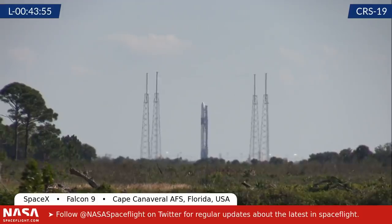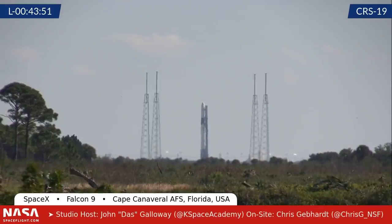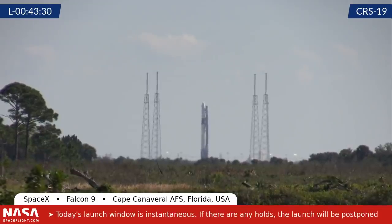The Vehicle Assembly Building behind us will do this weird, like, Scooby-Doo squealing sound as the sound waves ricochet off the side of that building. It is a really, really physical and visceral experience to be standing on the ground very close to a rocket when it leaves the planet. So you can definitely feel it. So yeah, if it's a bucket list item, definitely make it a priority to get to a rocket launch,